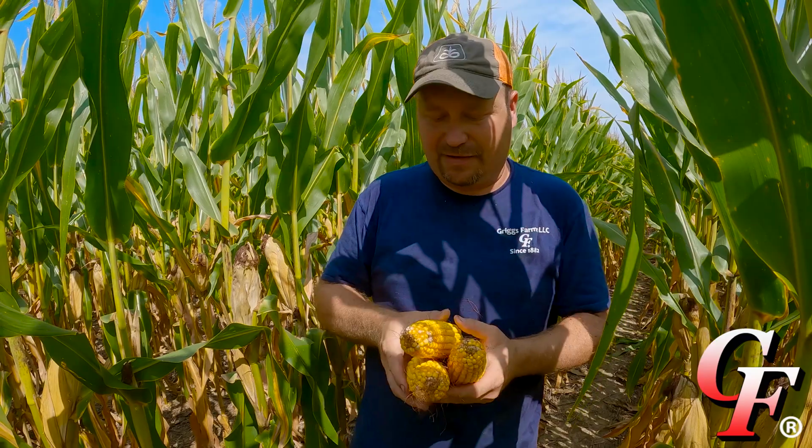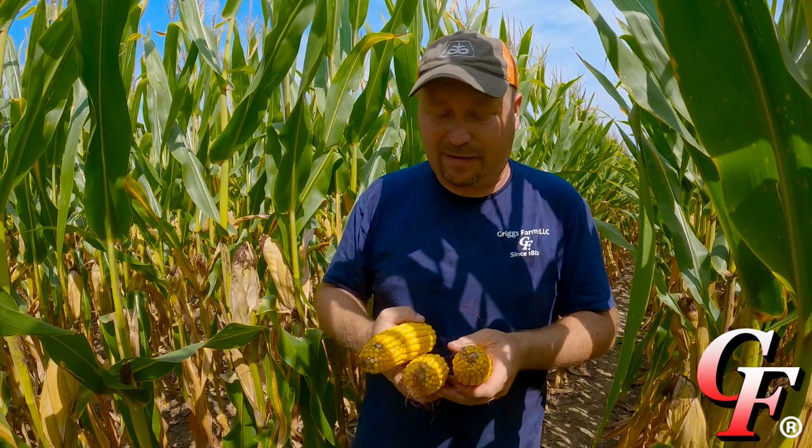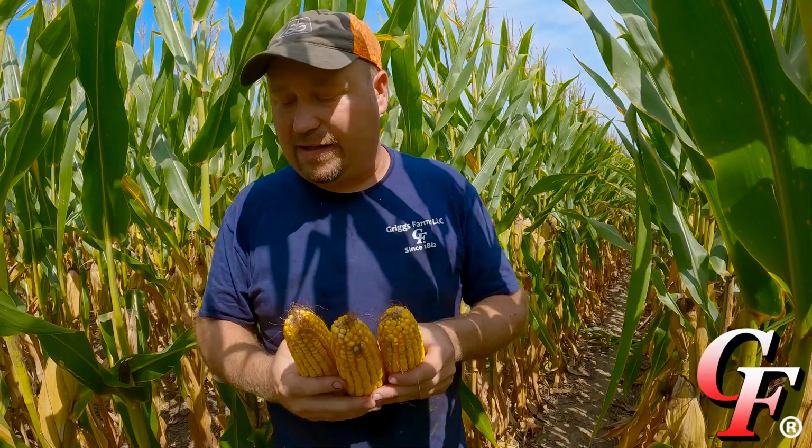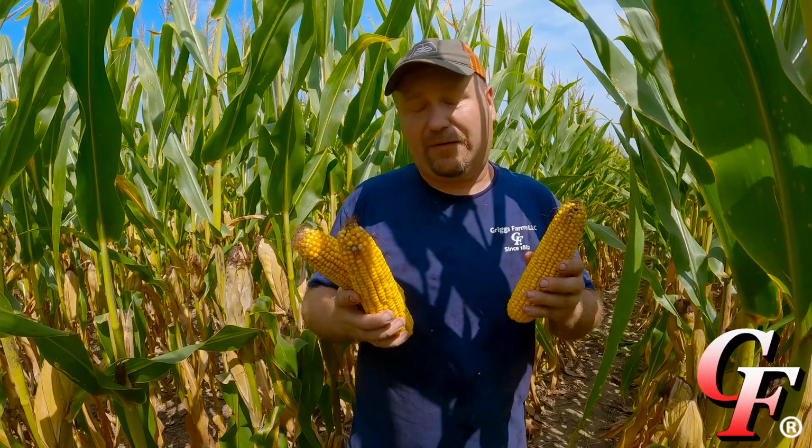1637 around. So it gives us an average round of 17.33 and an average length of 37 kernels per row. And because milk line didn't make it all the way down to the cob, I'm just going to use 90,000 kernels per bushel. I don't know what the kernel weight's going to be. It could be lighter, could be heavier, I don't know. But anyway, at 25,000 plants per acre, 90,000 kernels per bushel, this gives us an average yield of 178 bushels